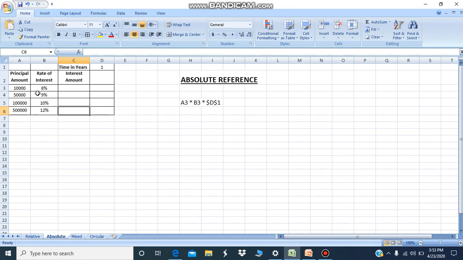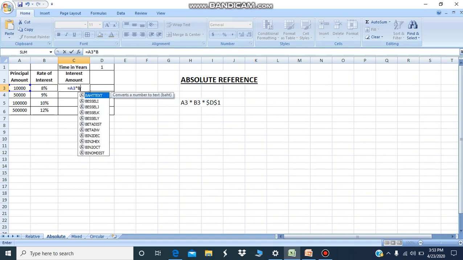In the worksheet, you can see principal amount is given, rate of interest is given. Have to find interest amount by applying this formula. You can see this part of the formula has relative reference, but this part of the formula has absolute reference. By finding the values, you can see enter equal sign, A3 into B3 into $D$1.